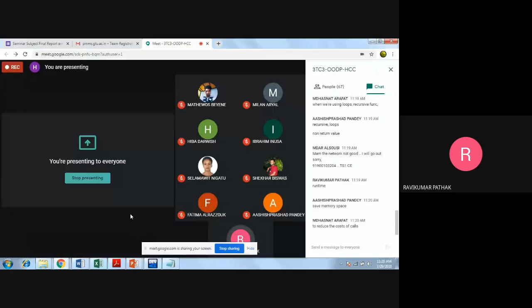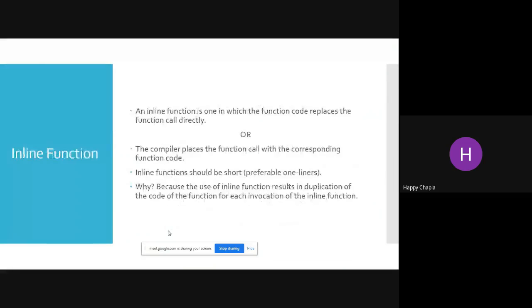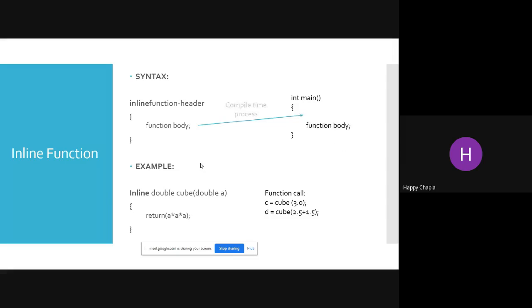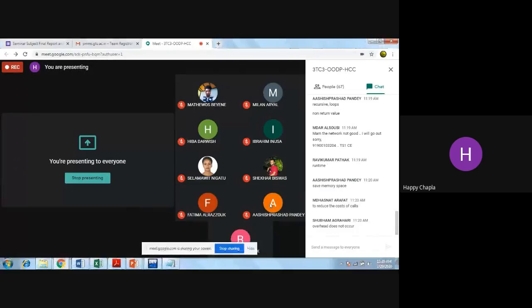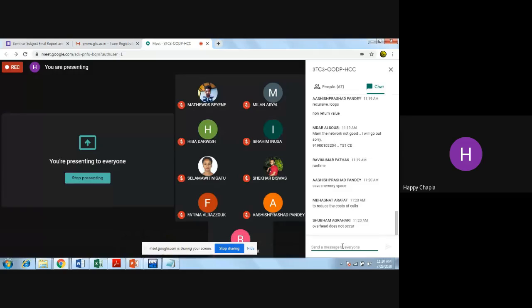Because the compiler places the function code in place of the corresponding function call. So it passes the values to your compiler at compile time. Overhead does not occur, which reduces the cost of calls.